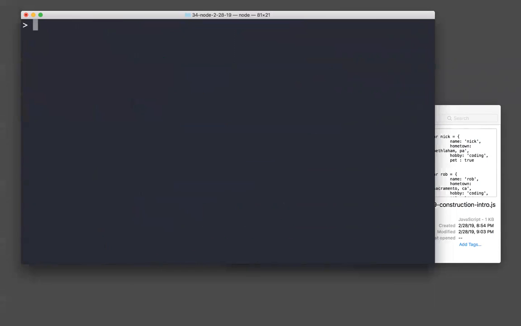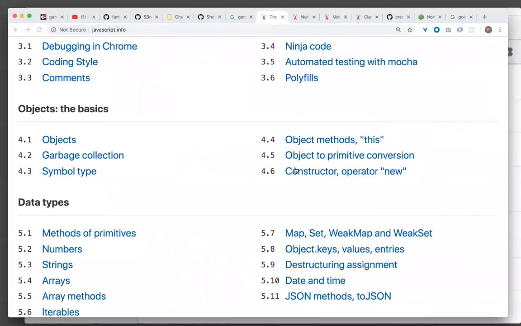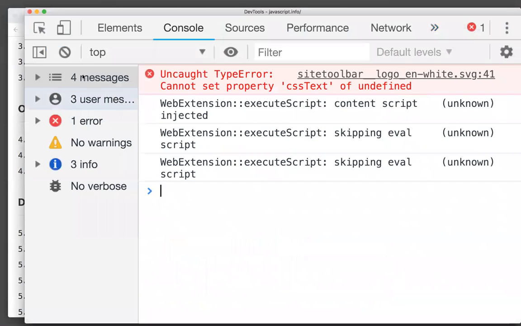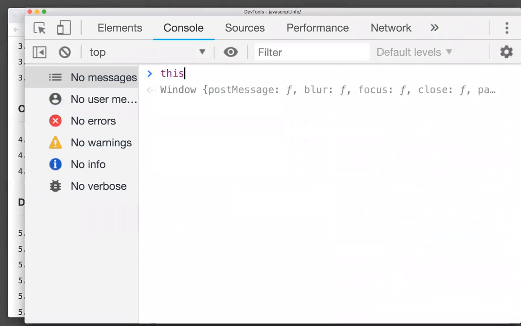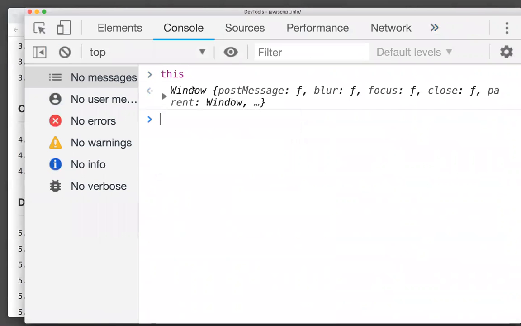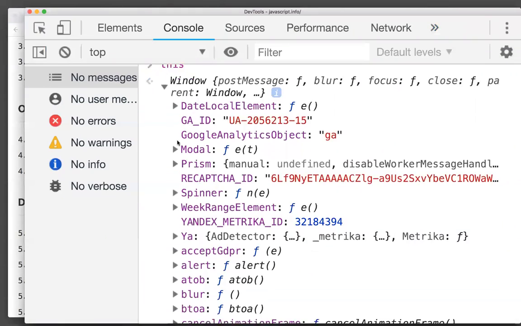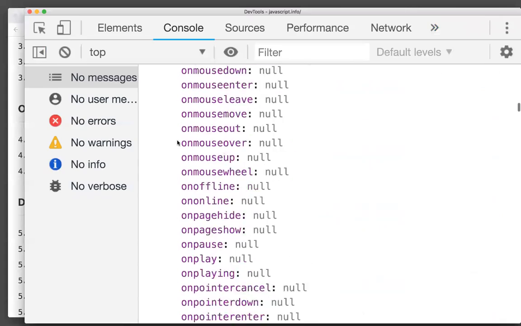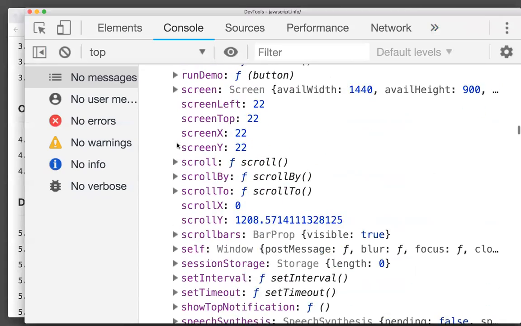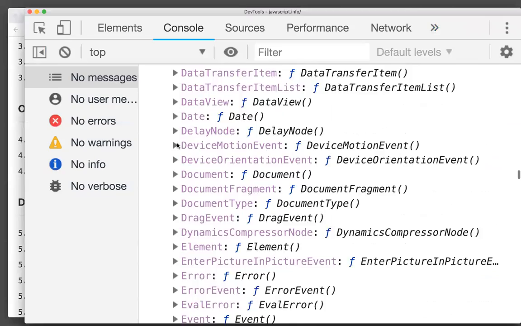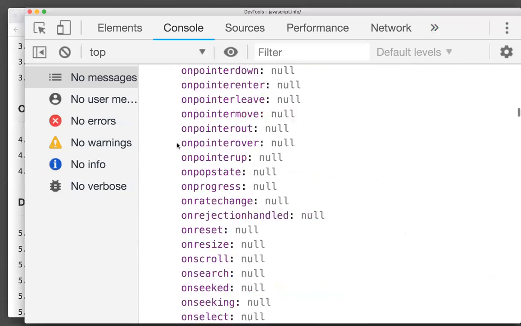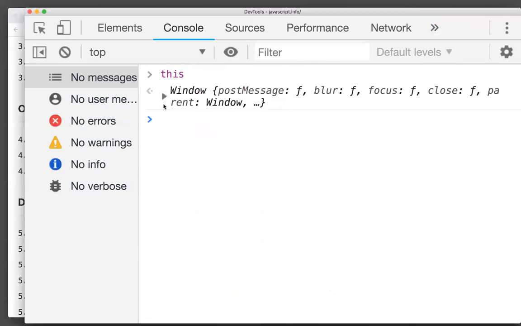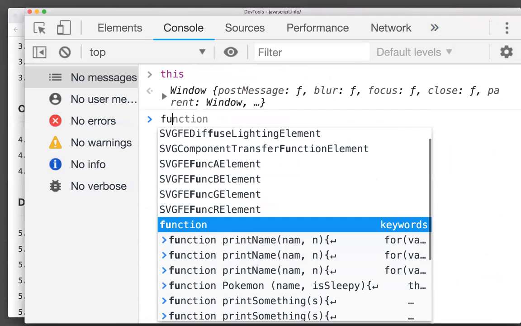Just like if I open up the Chrome console and type this in, it's the window automatically. It's just an object full of functions and properties. So we'll see tons of things here. Basically anything we make goes inside the window, like any variable we make or any function. So let's say if I make a function,